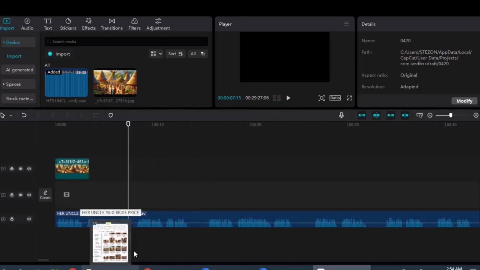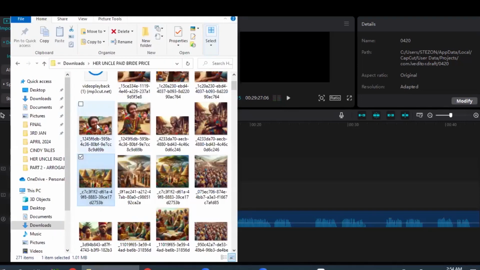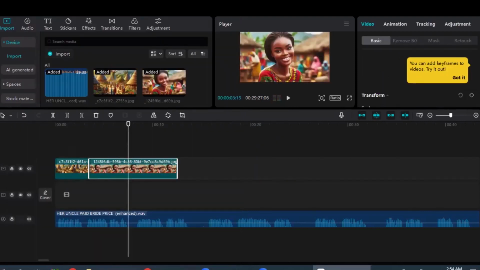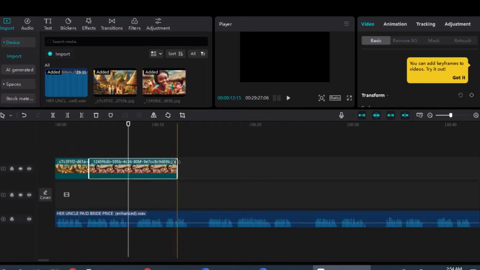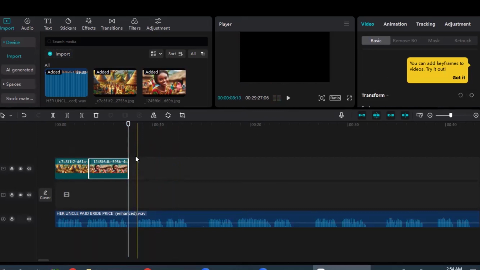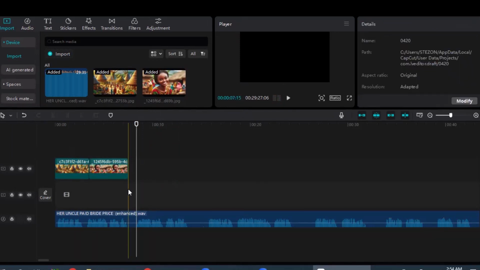So the beautiful young woman whose name is Nneka, we have to capture that here. This is a picture that depicts the woman. So we can drag and drop it to the timeline. Starting from here, ending at this place, we listen again. Meanwhile, you can see there's a space between the point where this name was mentioned and the point